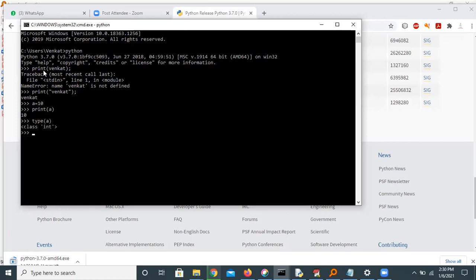Type means the data belongs to which data type? It belongs to int type. Suppose I've written b equal to Venkat. This belongs to the type of b. It belongs to string. Yes. And if you want to write any addition program in